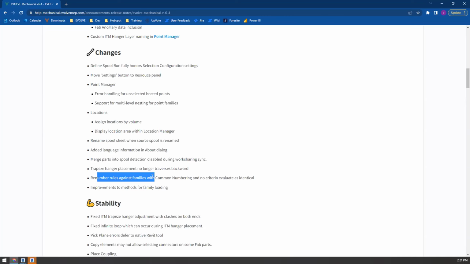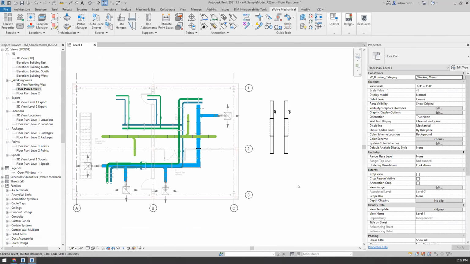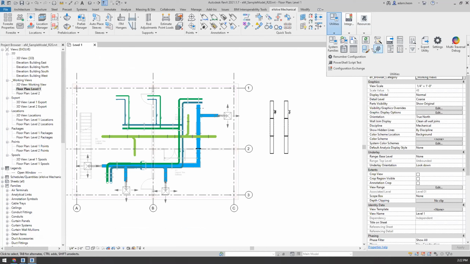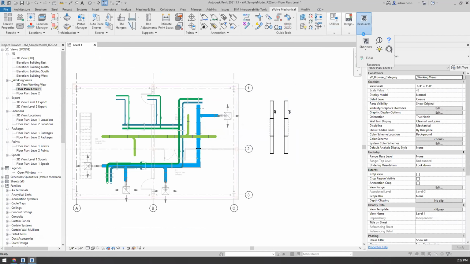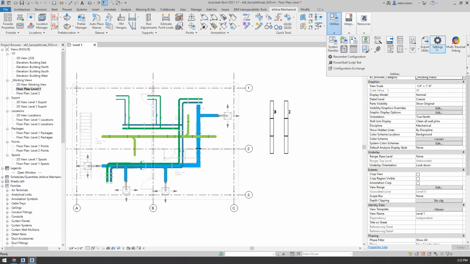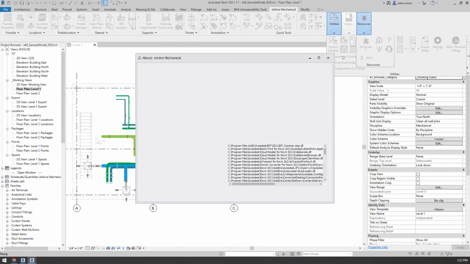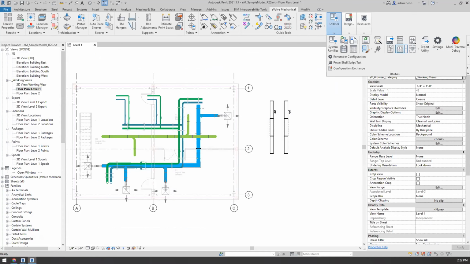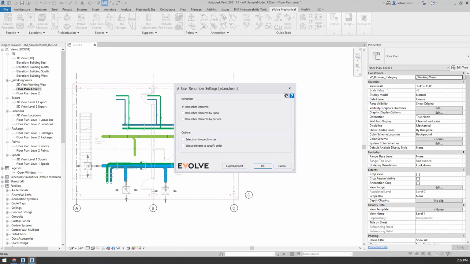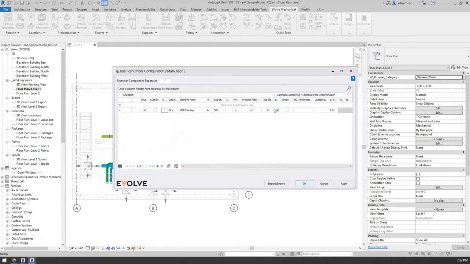And this will lead me into the renumbering function. A common support ticket that's come up over the last couple months with 6.2 was a bug that came out with renumbering. So I wanted to show what the bug is, I'll show what the fix is for 6.2, and then I'll show that it's fixed in 6.4. Basically what was occurring, you'll see here, I'm running 6.2. So if I'm running the renumber tool and I'm using common numbering,